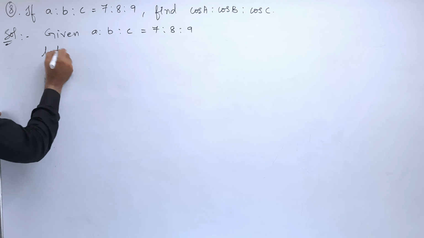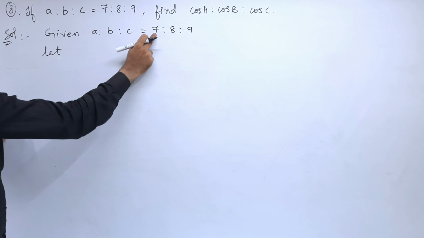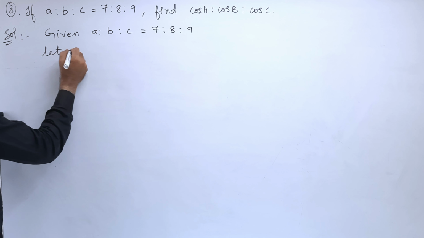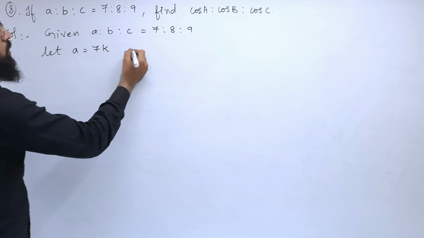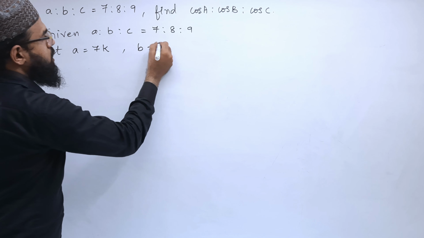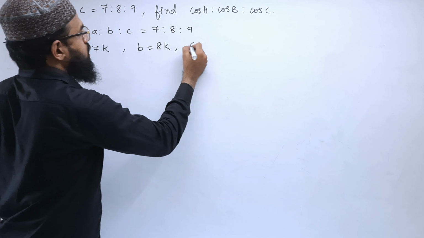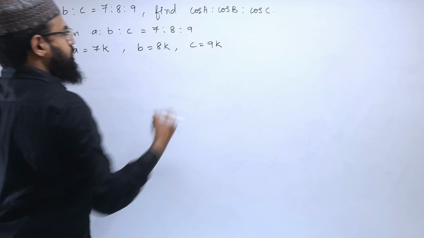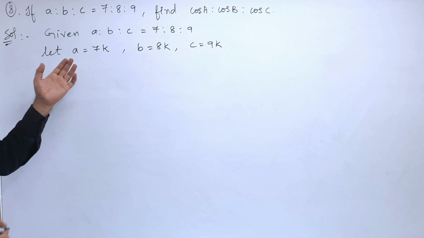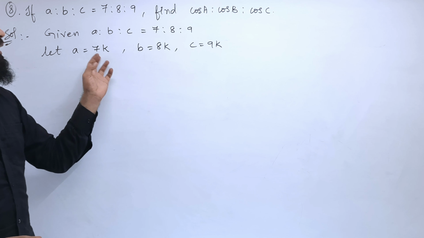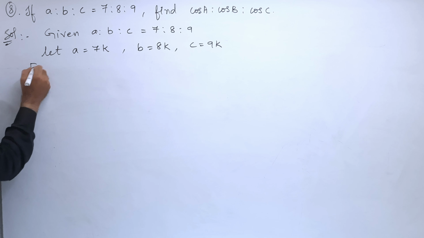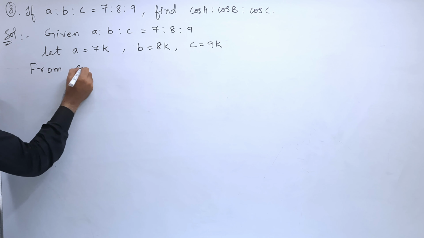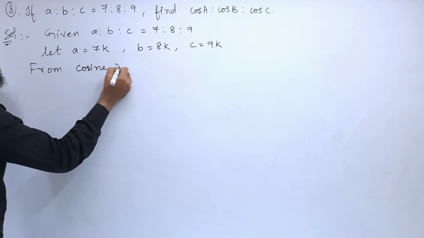Let a = 7k, b = 8k, and c = 9k, for some constant k. These are the three values we are taking by using k. Next, we know from the cosine rule